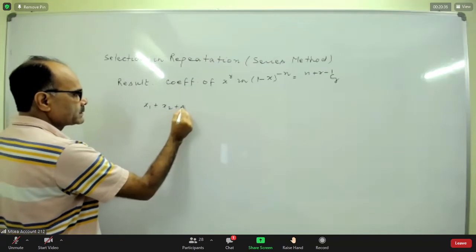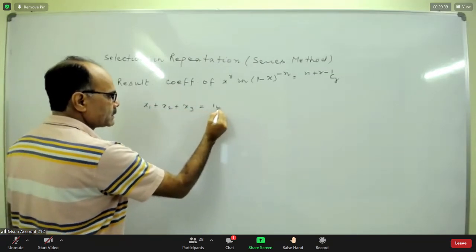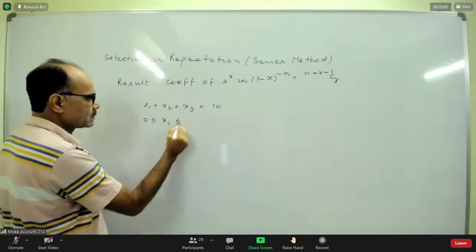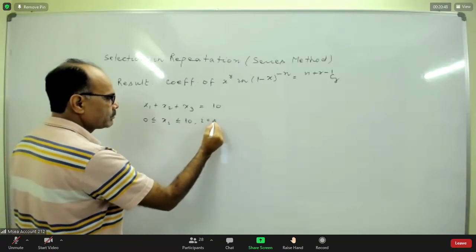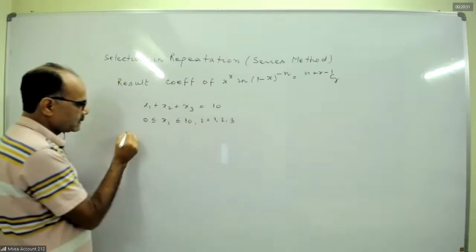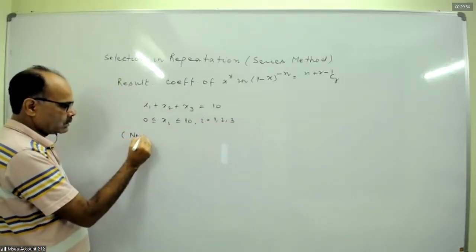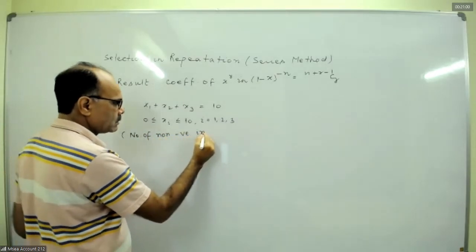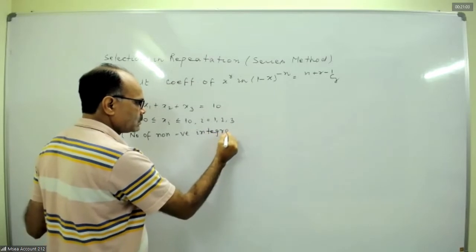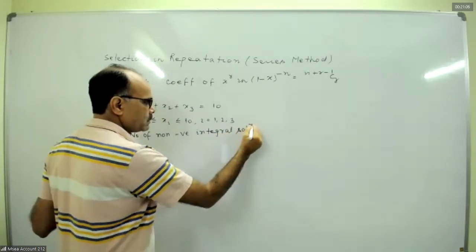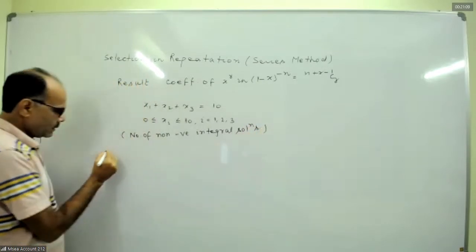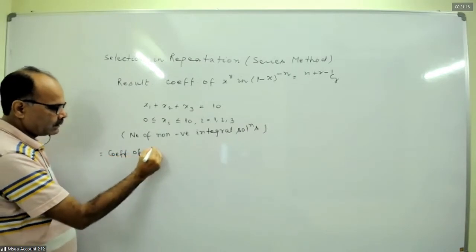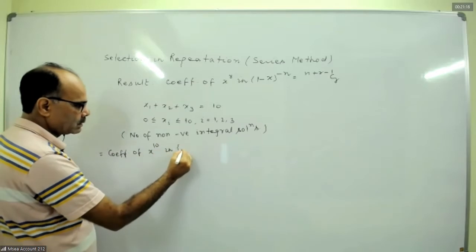x1 plus x2 plus x3, I am repeating, equals 10, where xi are non-negative integers. The number of non-negative integral solutions equals the coefficient of x to the power 10 in